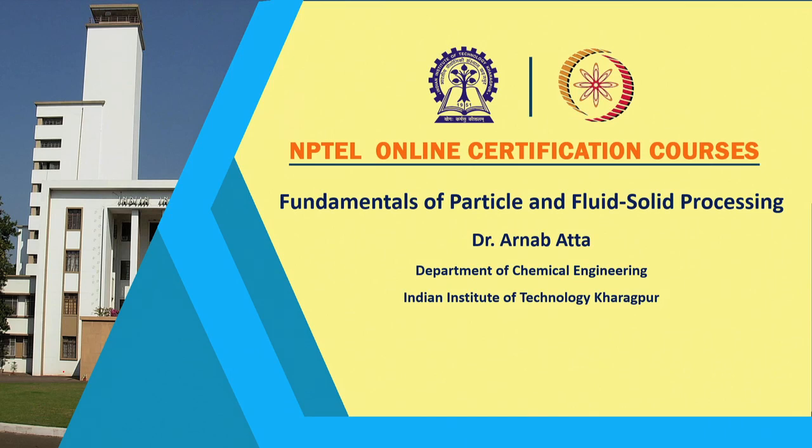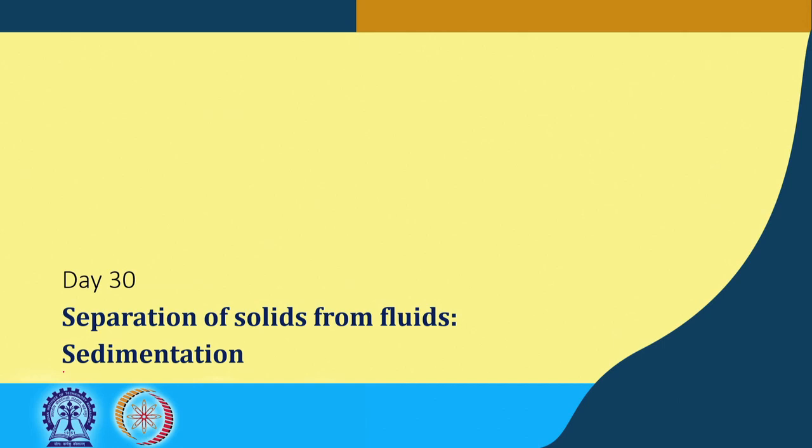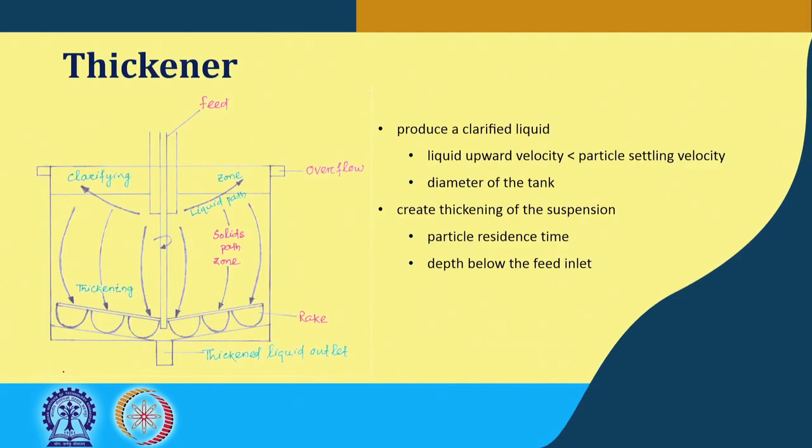Till last class we have seen the fundamentals of sedimentation, its different modes during this process, that is the batch settling and the continuous operation. We will continue with the idea that we ended in the last class, the concept of how, in continuous operation, the concentrations at any axial position, at a vertical distance from the top or from the bottom, can be measured. So, we started with the thickener, the equipment that is used for sedimentation.